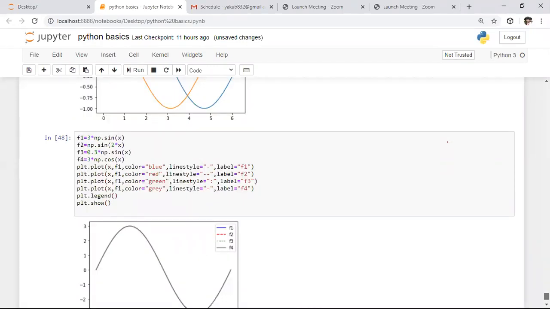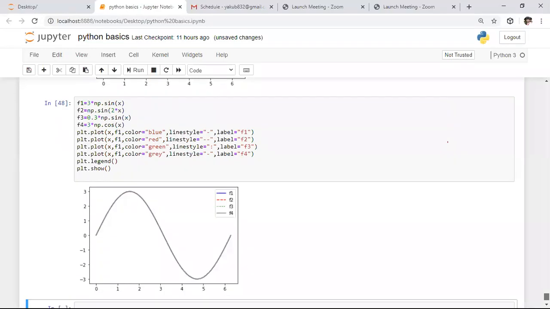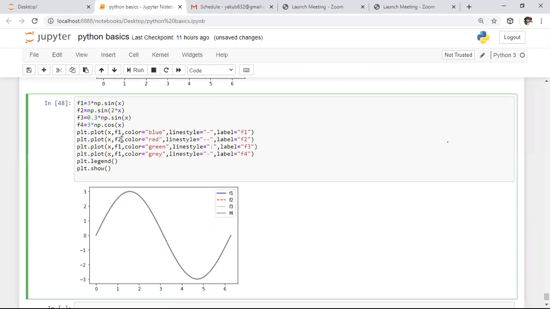Here we got output for a single thing, and we did not get output for the remaining things. What is the reason? Yeah, for everything we specified x comma f1, x comma f1 only. For the different functionalities we need to specify y axes. If you don't specify that, every time we are overwriting one thing with another thing. So here I specify different functionalities for different things. So here, f4, and I'm running this portion.